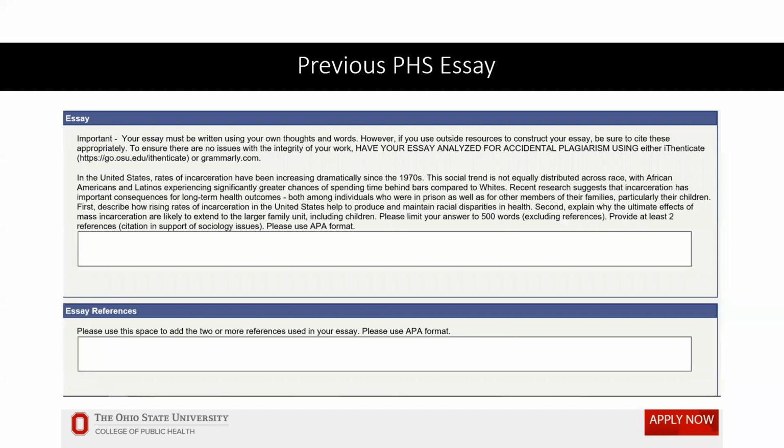And this is a picture of a sample essay. For those of you that have already started the application, you probably already know what your essay is. This is not one of our current essays. It is one, I believe, from 2 years ago, maybe 3. And so that gives you a rough idea of what we are looking for. So it is a public health related question, and also related to the area of specialization that you're applying to. So we want you to think critically and really analyze that and think very well on how you want to respond in those 500 words.